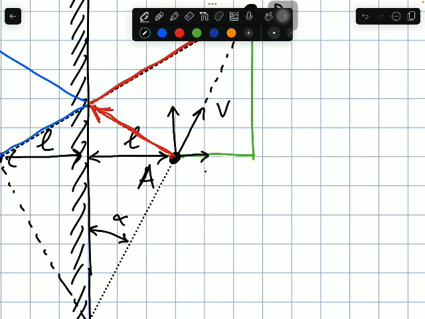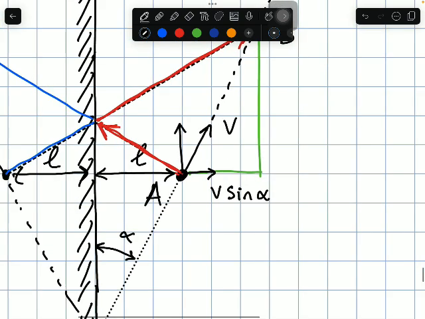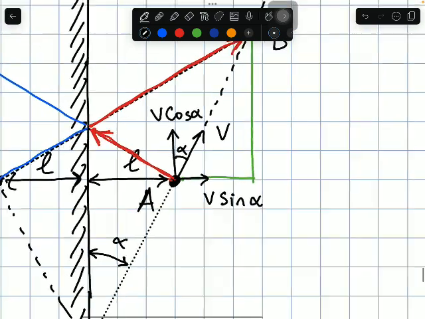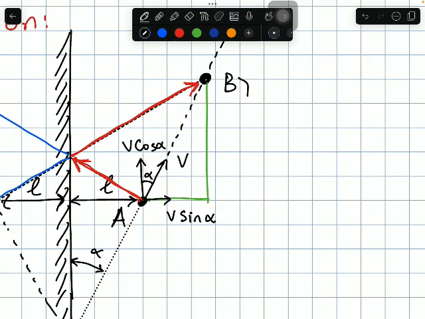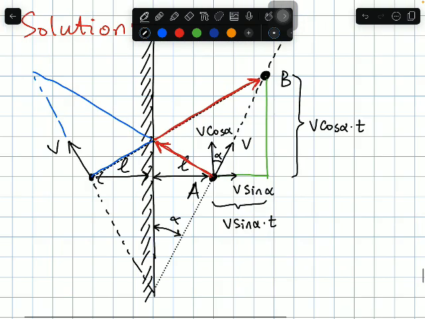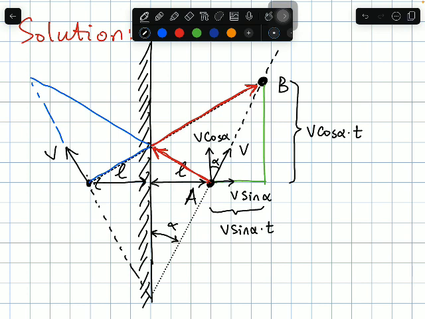The one going away from the wall is v times sine alpha, and the one going along the wall is v times cosine alpha, where alpha is here, right? The distance that the car travels along the wall would be v cosine alpha times t, and the distance that it travels away from the wall would be v sine alpha times t, right? And this distance here